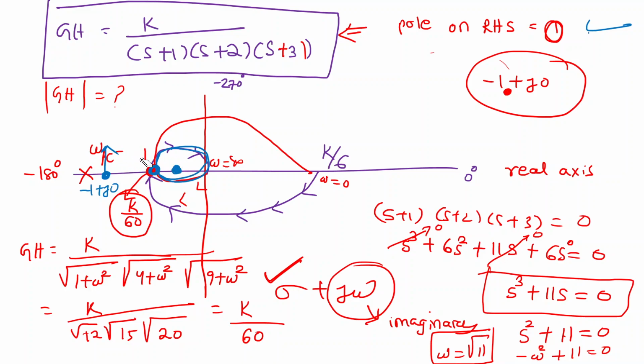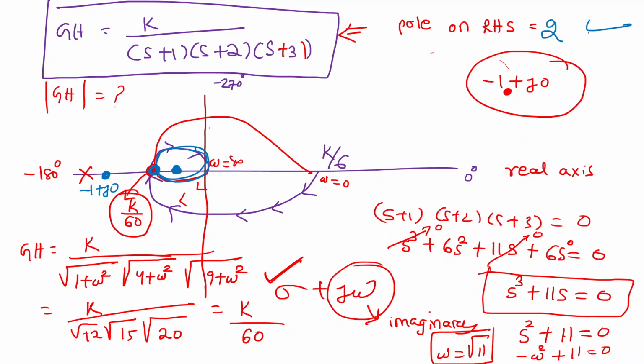Means if the number of poles on the right hand side is, suppose, 1? For this question, the question will be framed such that it can be either 2, or it can be 0. Suppose you have the number of poles on the right hand side as 2, then